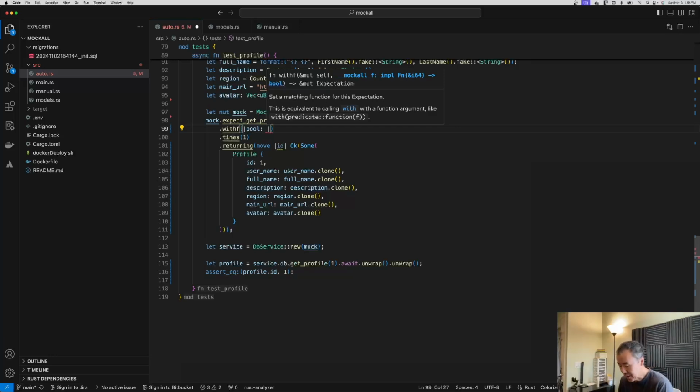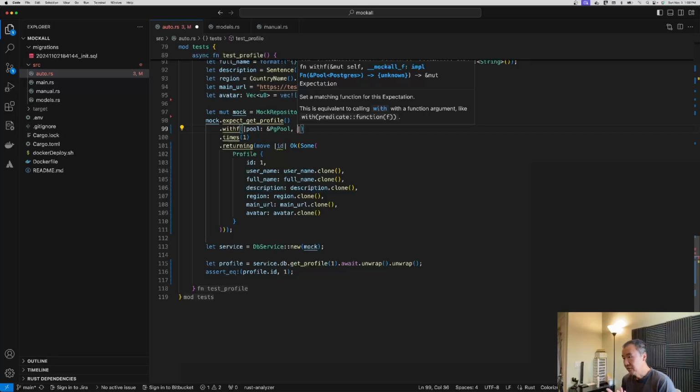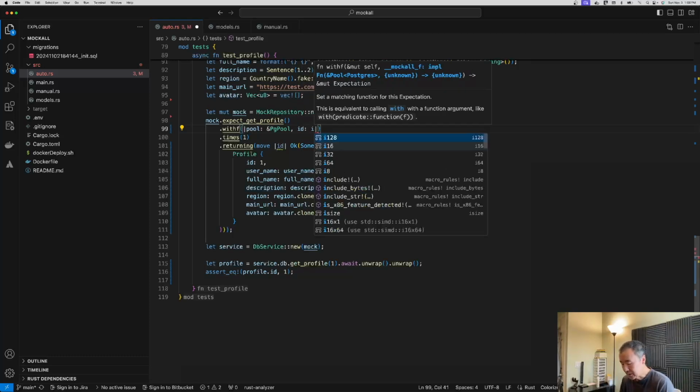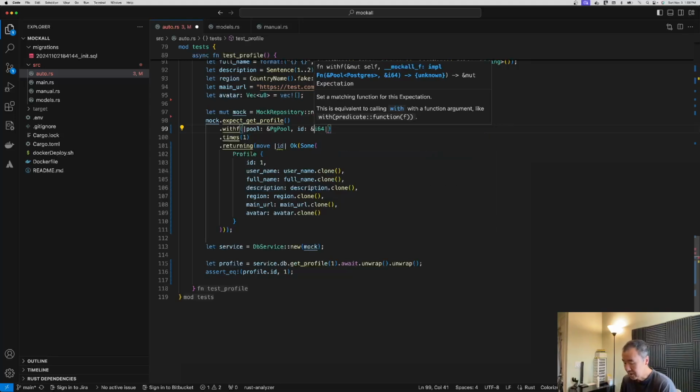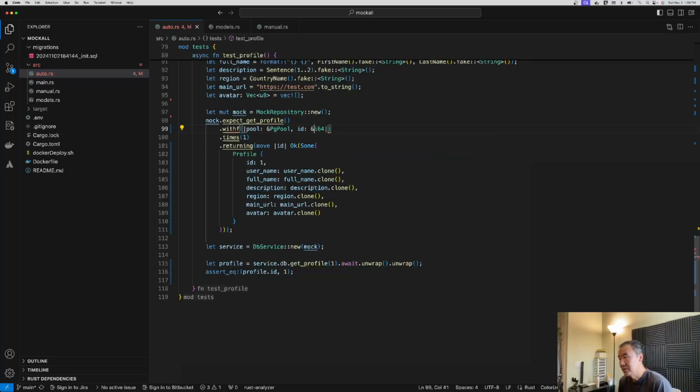So if I give an example of that, let's say, for example, the get profile function itself was modified so that it takes two parameters. So it takes the ID that we were already passing in, and by the way, these have to be references, but it takes in the ID, but it also takes in the connection pool itself as a parameter, right? So then in that case, we would need to use the with F